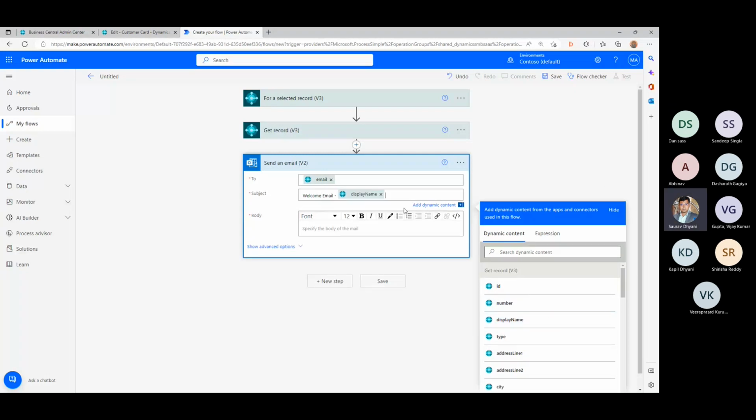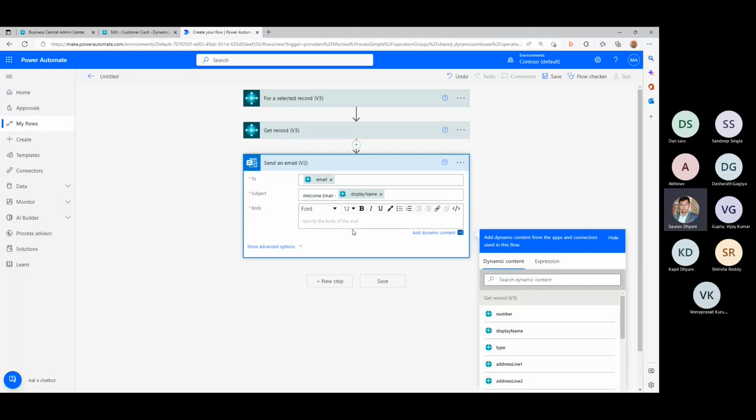So whatever my customer name would be, the mail would be subjected as welcome email to that particular customer. And then here in the body, you can again utilize some fixed text if you want, and you can also utilize some of the predefined fields from either of these pre-steps that you have.